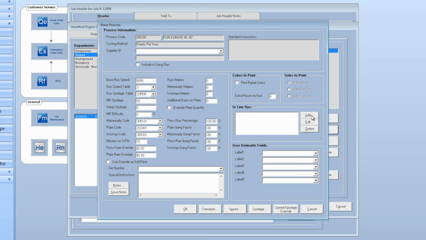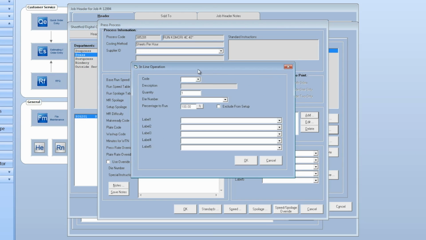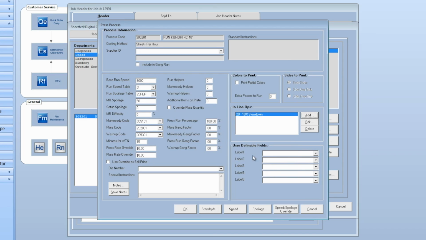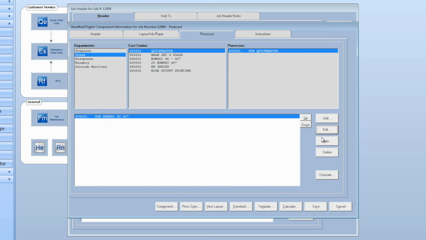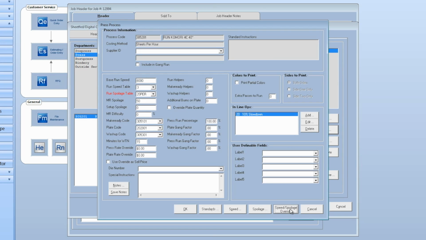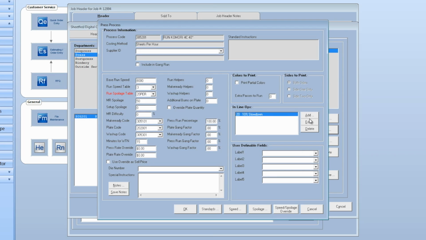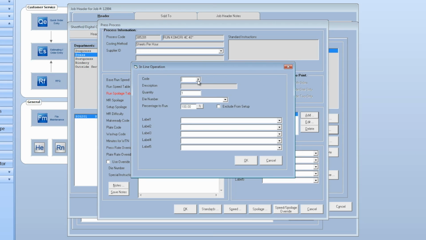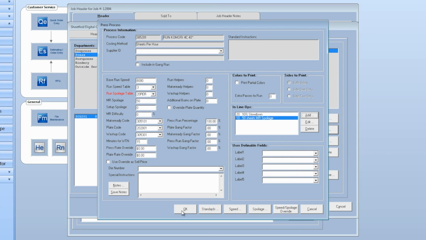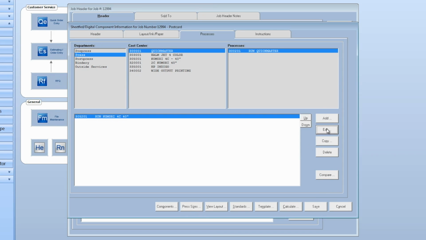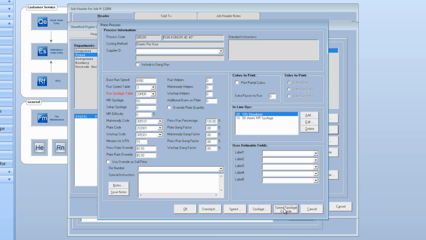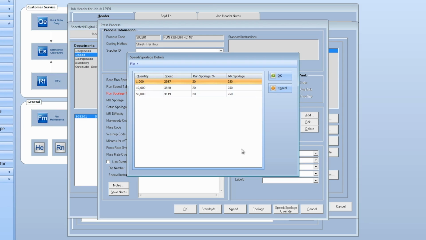If I add an inline operation, say I add 10% slowdown. Now with an inline op, you do have to hit the save button or OK button and go back in. But it will now adjust those speeds. You'll see the numbers are a little different based on that inline operation. If I add an inline operation that adjusts make ready, so I've got one here that adds 50 sheets. Again, I have to hit OK out, go back in, click on that button, and you see it added the